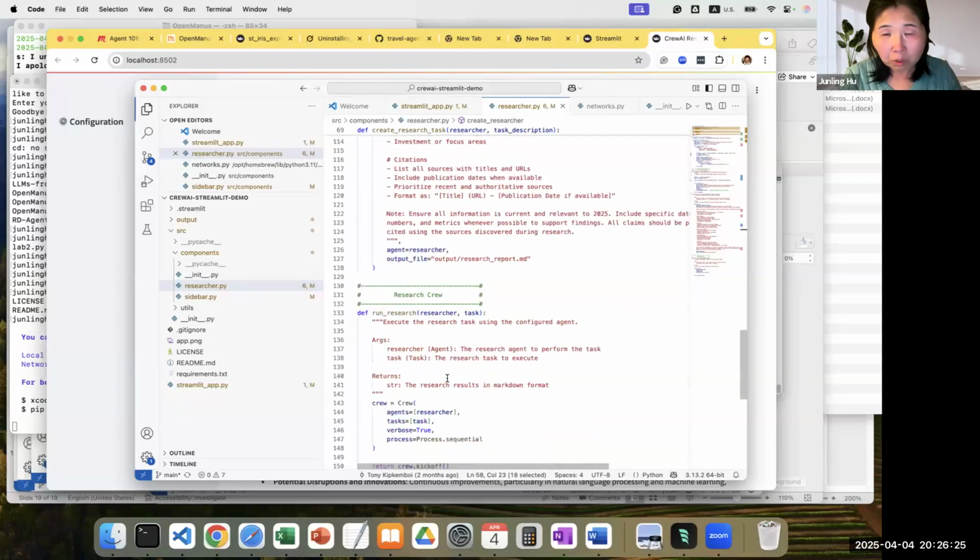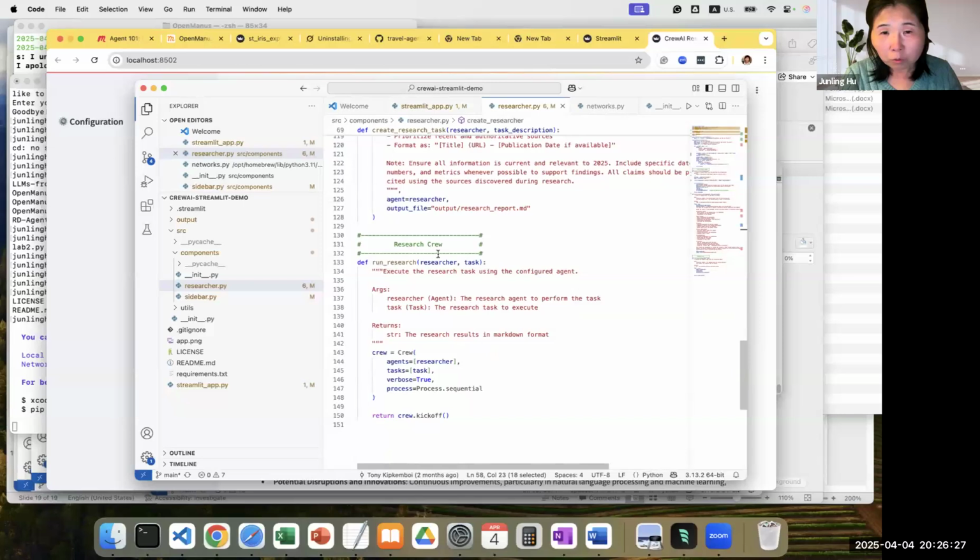There's a crew, and the crew can have multiple agents inside. So you can definitely put multiple agents in here to coordinate. And CrewAI has certain ways for the agents to communicate. It's written in their protocols.